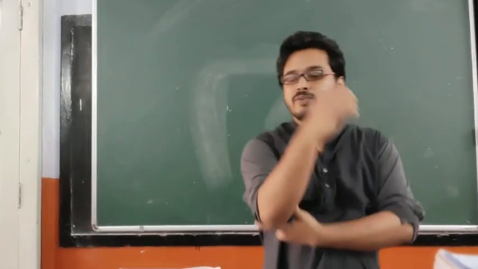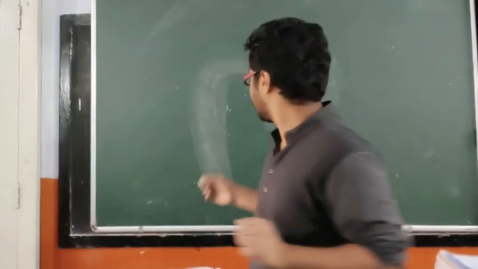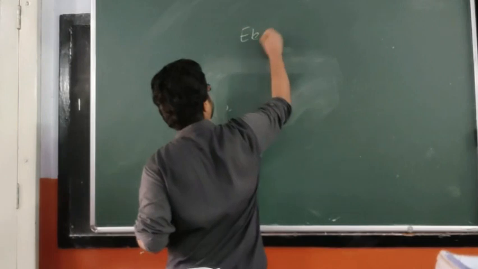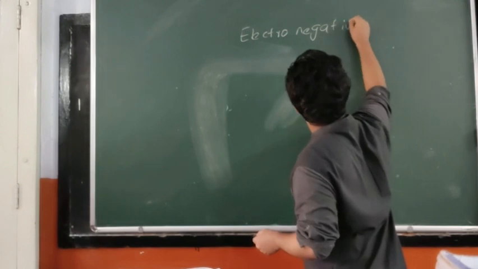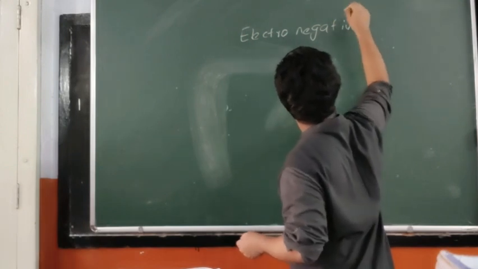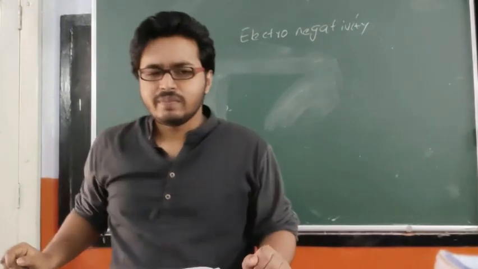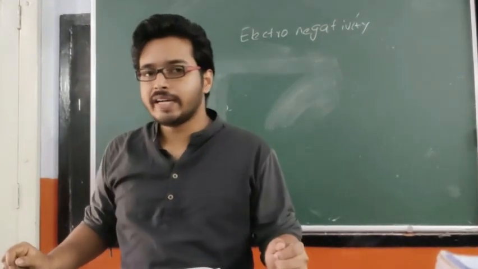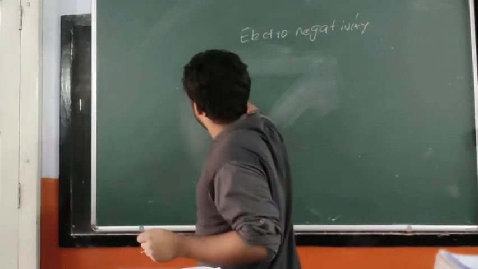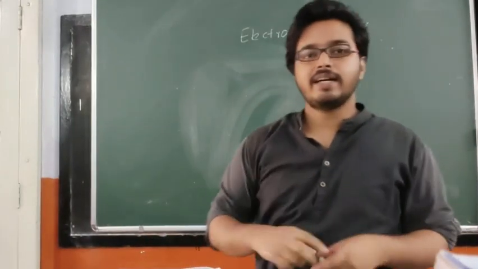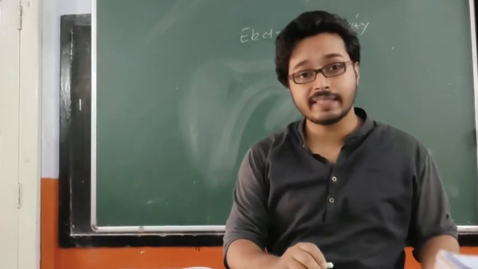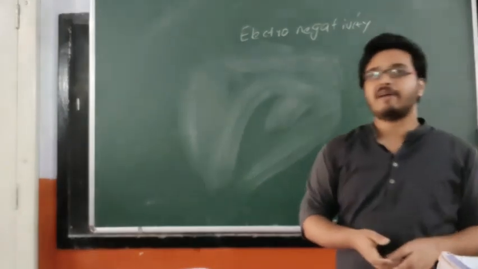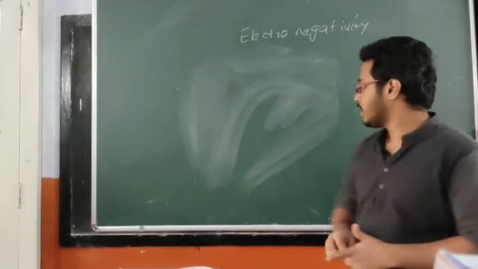Okay, so we are moving to the last periodic trend, that is electronegativity. It is based on the ability of an atom to attract the bond pair of electrons towards its side. So this is applicable only in a compound. For example,